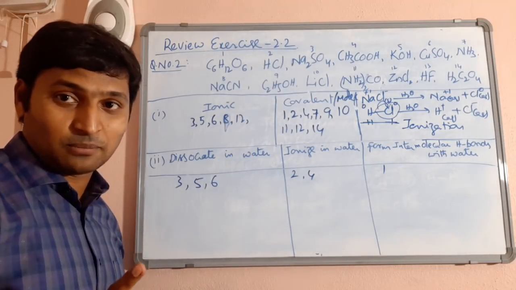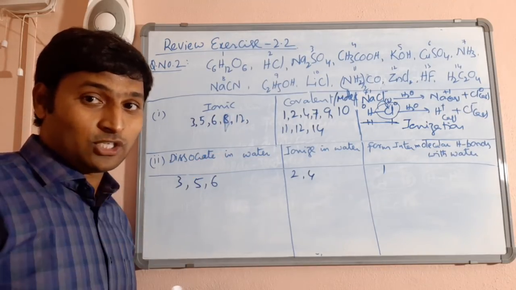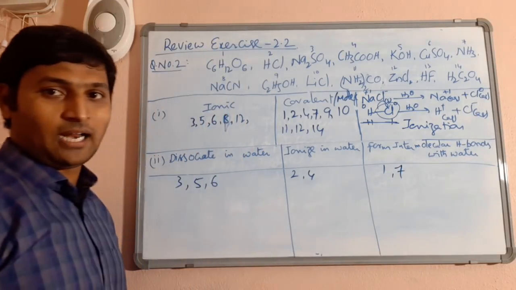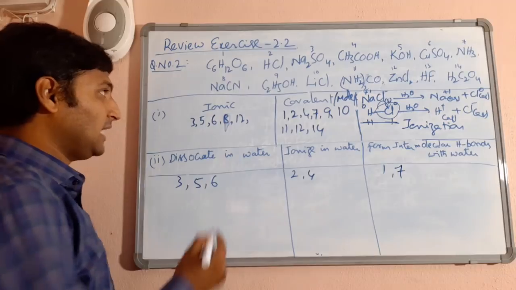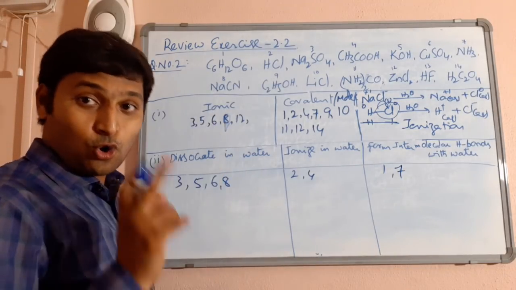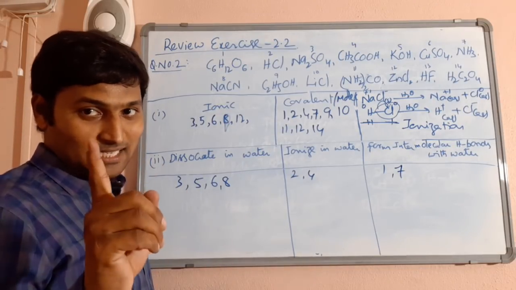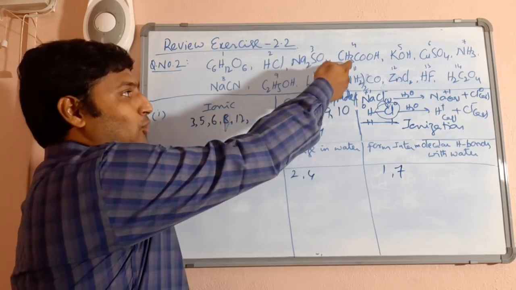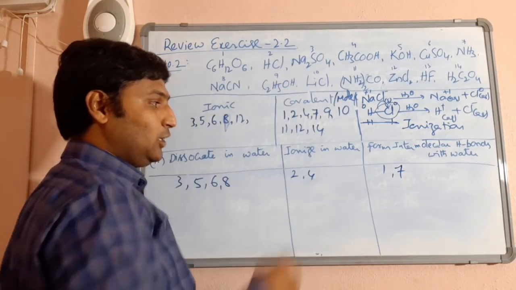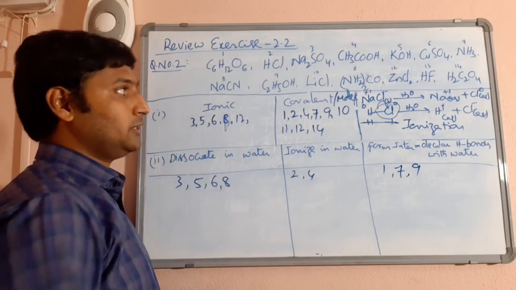Copper sulfate, another ionic compound, so put it under dissociation. Ammonia, a covalent substance where hydrogen is attached to nitrogen, one of the three most electronegative atoms. That's why you put it under intermolecular hydrogen bonds with water. Sodium cyanide, ionic, put it under dissociation. Ethanol, covalent, cannot ionize in water because it is not acidic. Please understand. Whenever the hydrogen of the covalent substance is acidic, it ionizes. When it is a non-acidic hydrogen, it forms intermolecular hydrogen bonds with water.